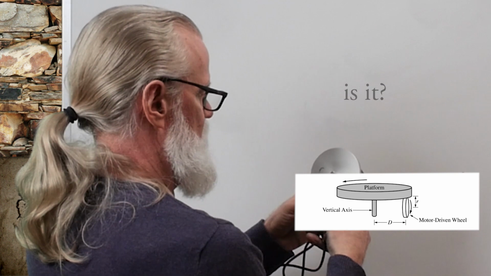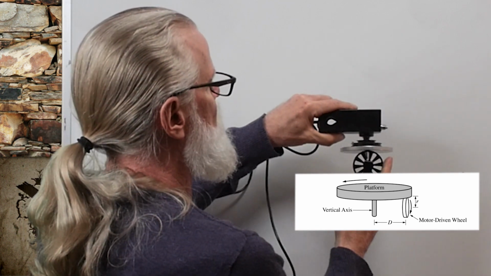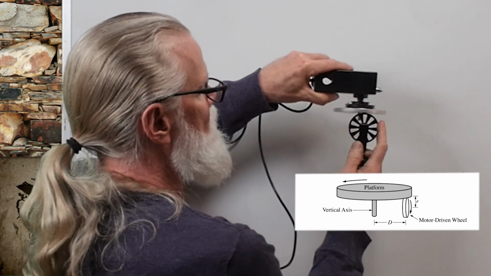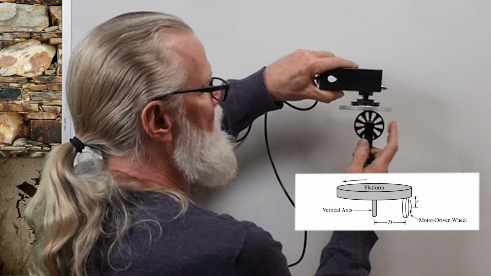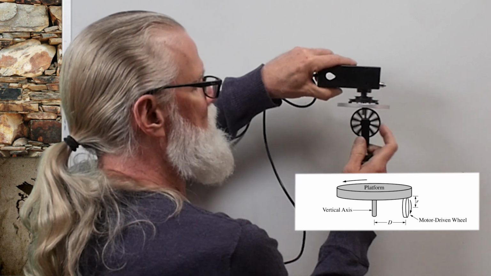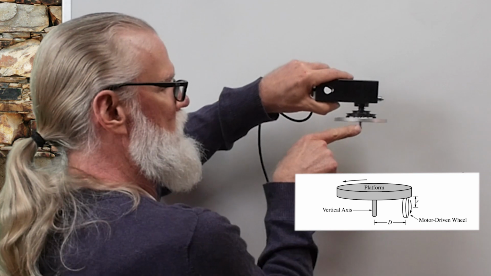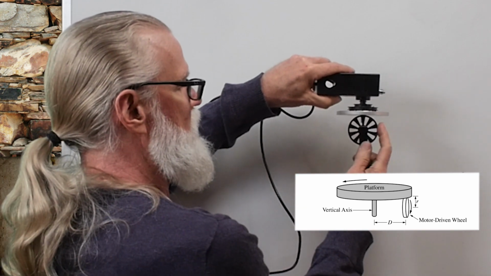Let's see. So the back was going like that. Yeah, no, it was like this. Okay, so it's spinning like this, and what's happening is this lower wheel is applying a constant force that way, causing this thing to